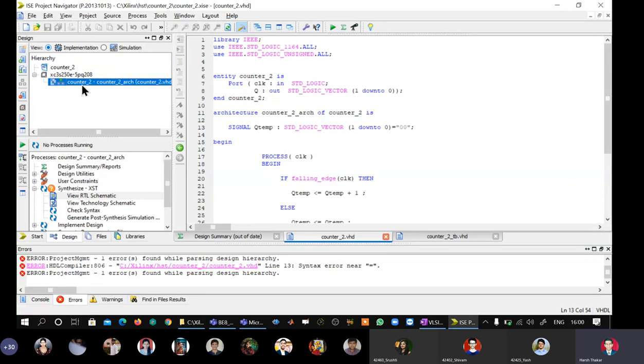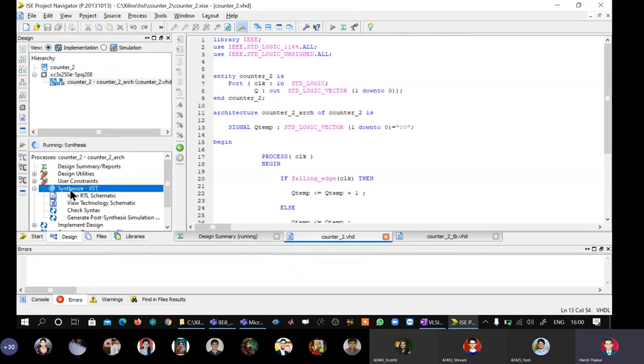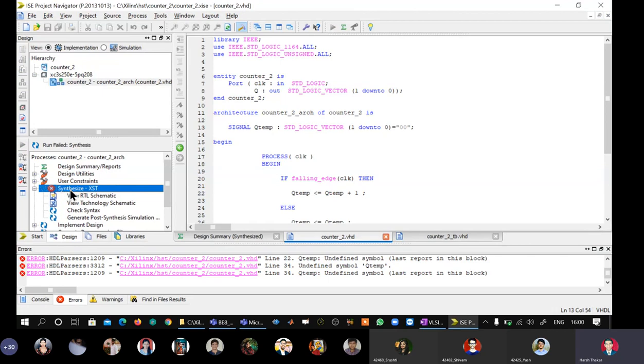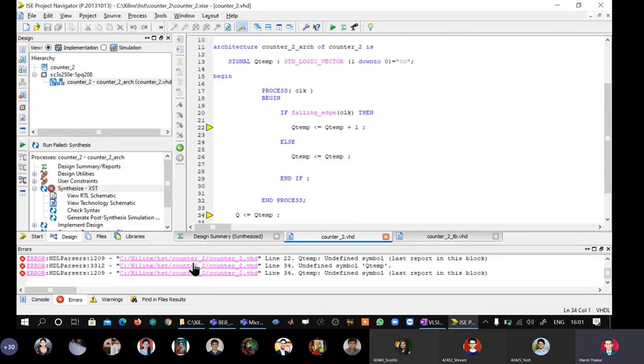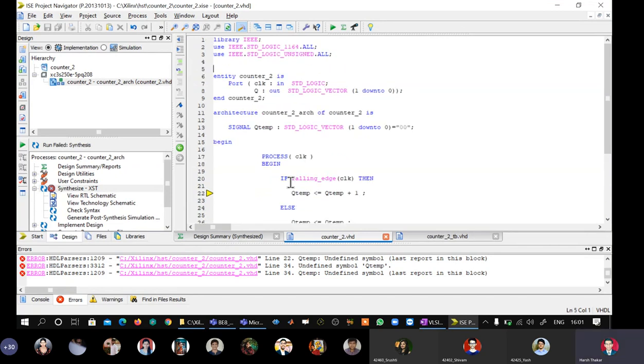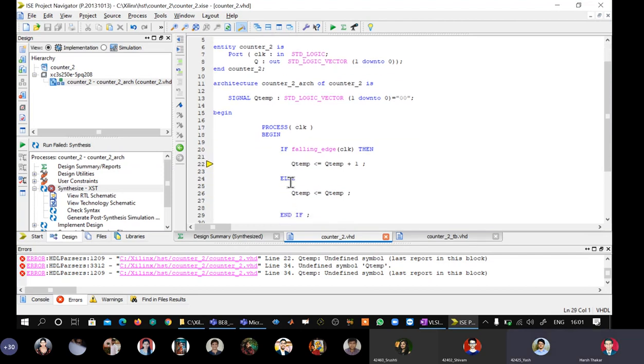Go to implementation, resynthesize my model. Okay. So QTemp undefined block is coming. Sir, semicolon should be there in signal.